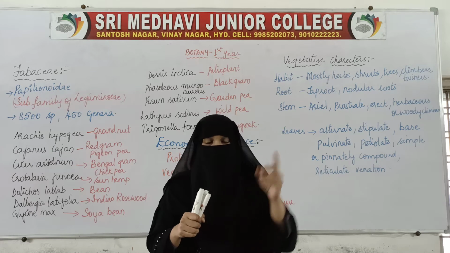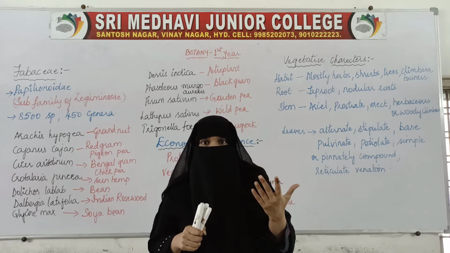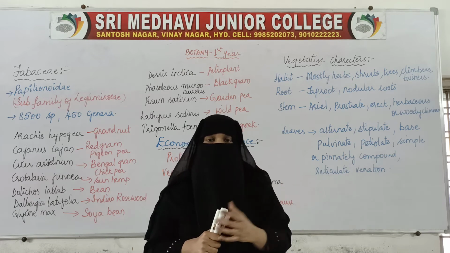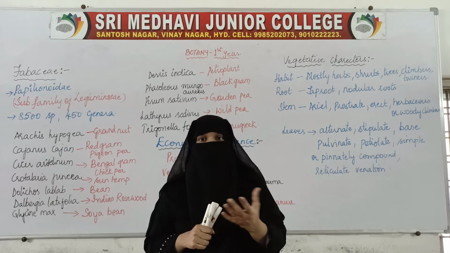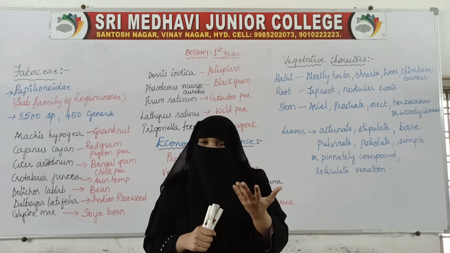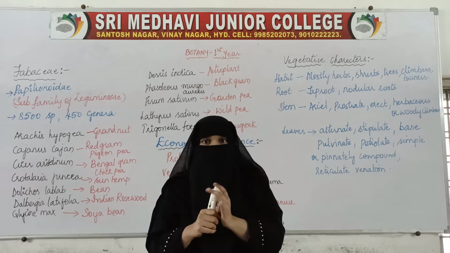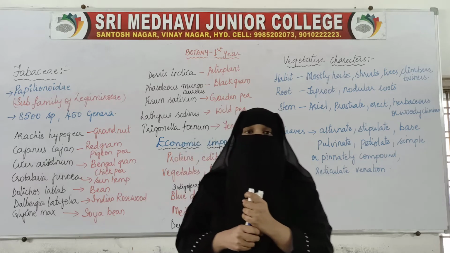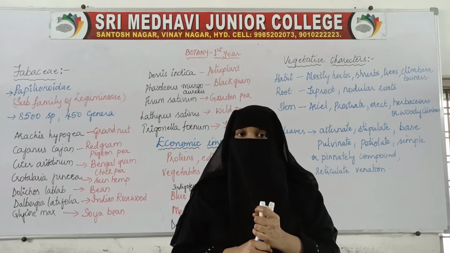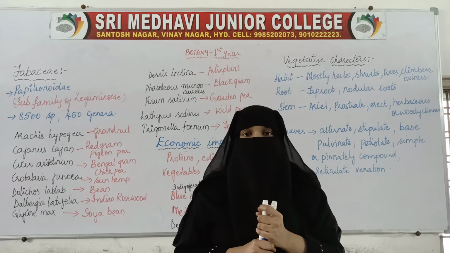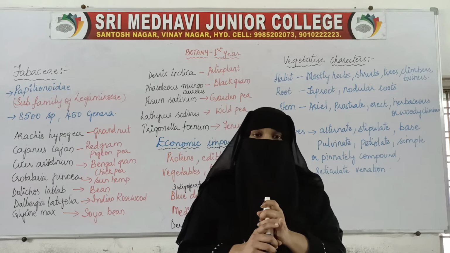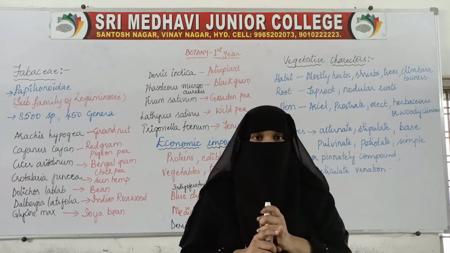So it will be asked about the floral characters, or the floral formula will be asked, economic importance will be asked, floral characters of Solanaceae, Liliaceae, Fabaceae. So it depends. In the last classes we have studied omega taxonomy and alpha taxonomy. That is also one important very short answer. So from this lesson we will be getting one short as well as one very short answer. Definite questions will be coming.